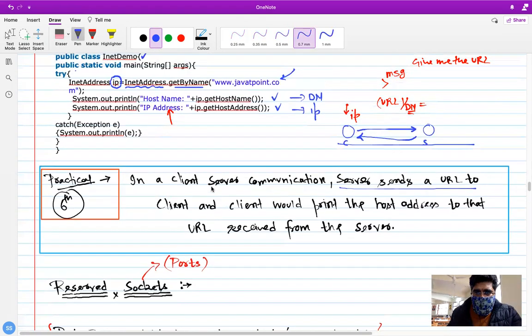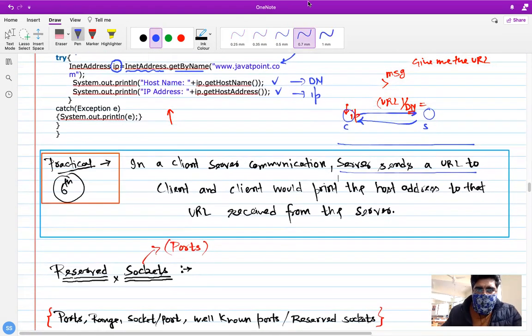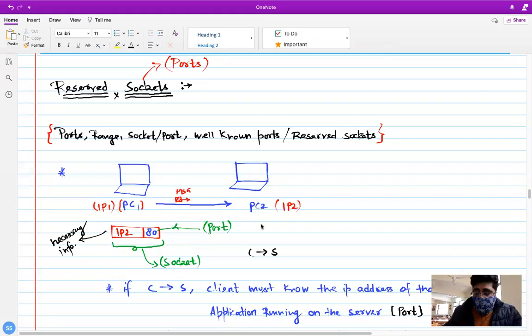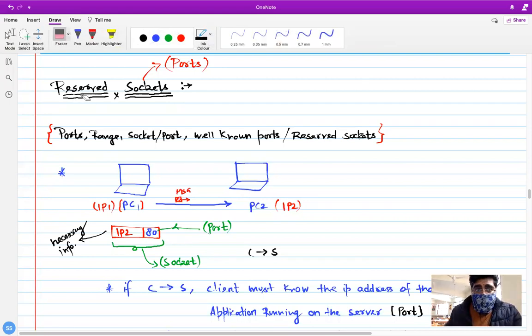Now we will talk about reserved sockets. So when we talk about reserved sockets, it means there would be some reservation of the sockets or the port.